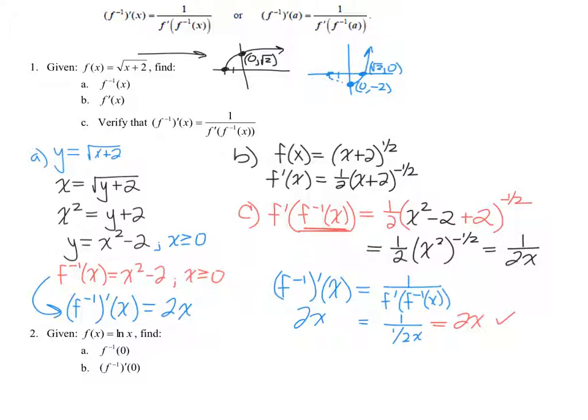So we want to be able to use this, and the idea is not to have to do it out both ways at the same time, obviously. And also the idea is not to have to do it out algebraically. The idea is to be able to use this relationship so you can apply it to numerical situations. All right, so we're going to use the right-hand side, really in this case because it's at a particular point, to determine some useful information. So looking at number 2, it asks us to determine,